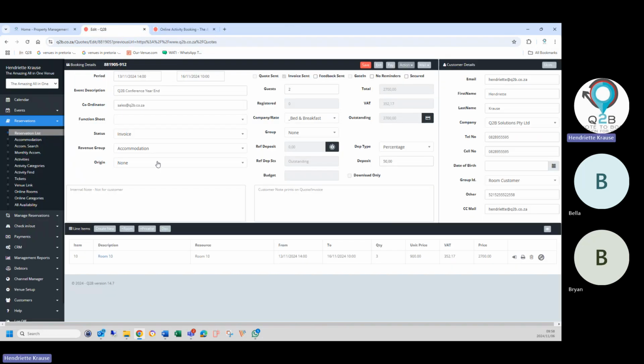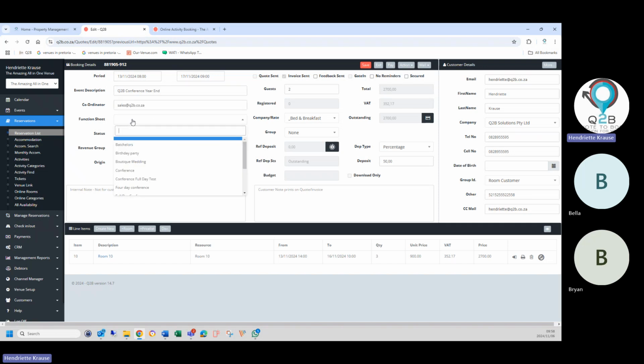Okay. So let's stay in this booking. So that's the dates of the booking from and to, but I can easily change it. And I can say this group is arriving at 8 already in the morning, and they're leaving only on Sunday morning, and they're leaving at 9. So I can also change the dates in the header of the booking. I can change the event name, I can change the coordinator if I want to, and then I can select